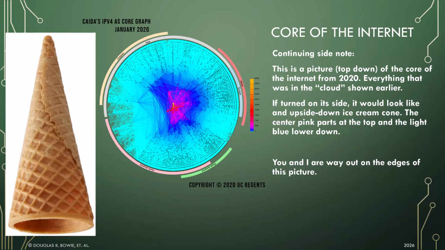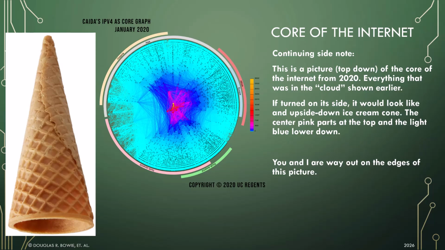As we go up, there are fewer and fewer of them. In many cases, if we're way out at the edges, we may have packets that never hit the core of the internet, right? They go up as far as they need to go. They move over one notch. They come right back down. It's only 10 hops. It's only 15 hops. It's no big deal. Well, if you want to go far, far away, oftentimes you've got to cross the core